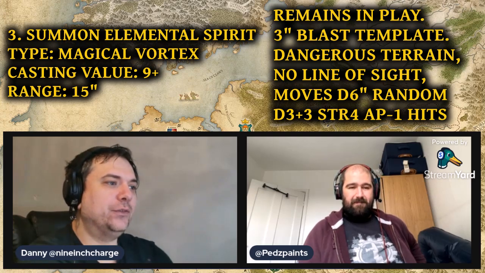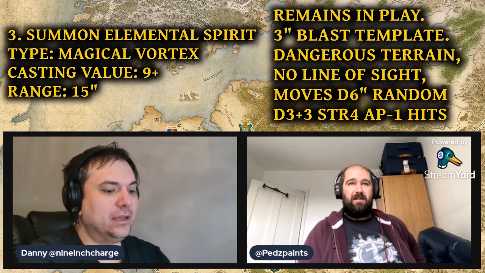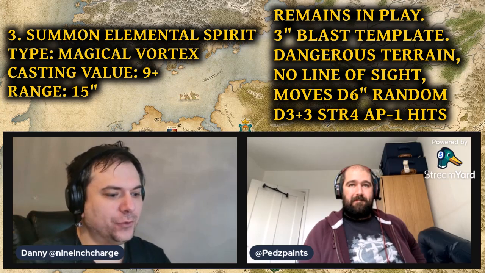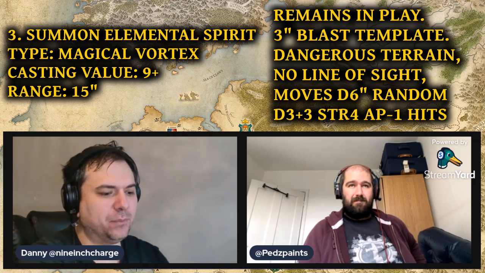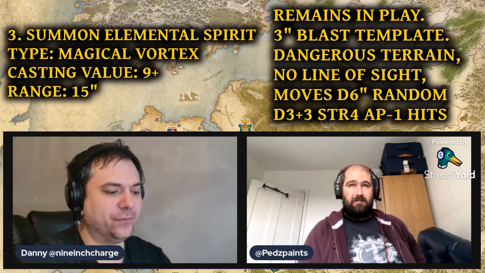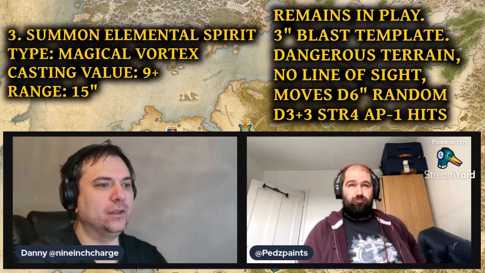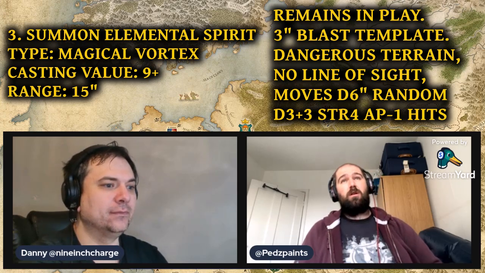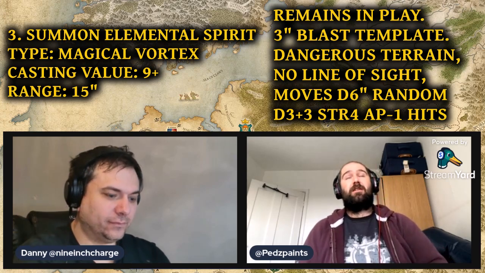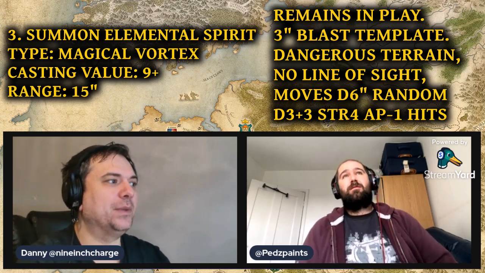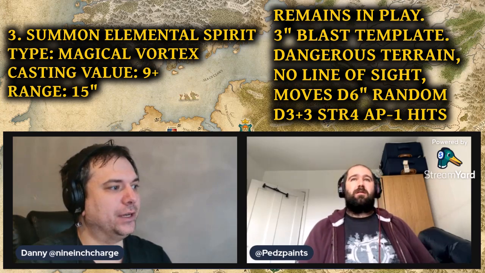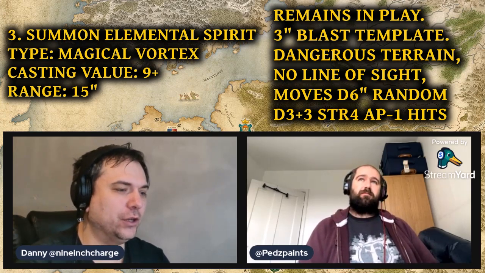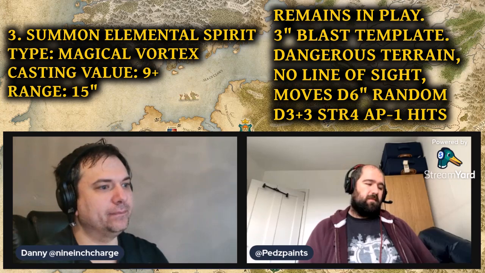Also, you can't draw a line of sight in front of it. So if you're looking at the forward arc of a lance formation, which is actually quite narrow, I wonder if that 3-inch template at the front, you might be able to block line of sight significantly enough that someone can't draw a line to a unit that they're looking at charging. Yeah, that's a really good point. You might not be able to cover the complete front arc, but you only need to obscure line of sight to that particular unit.